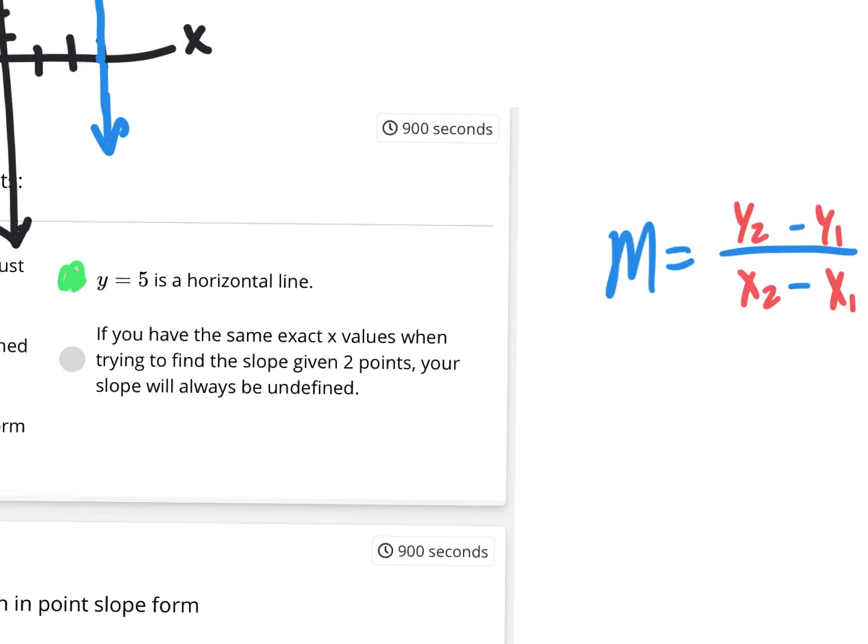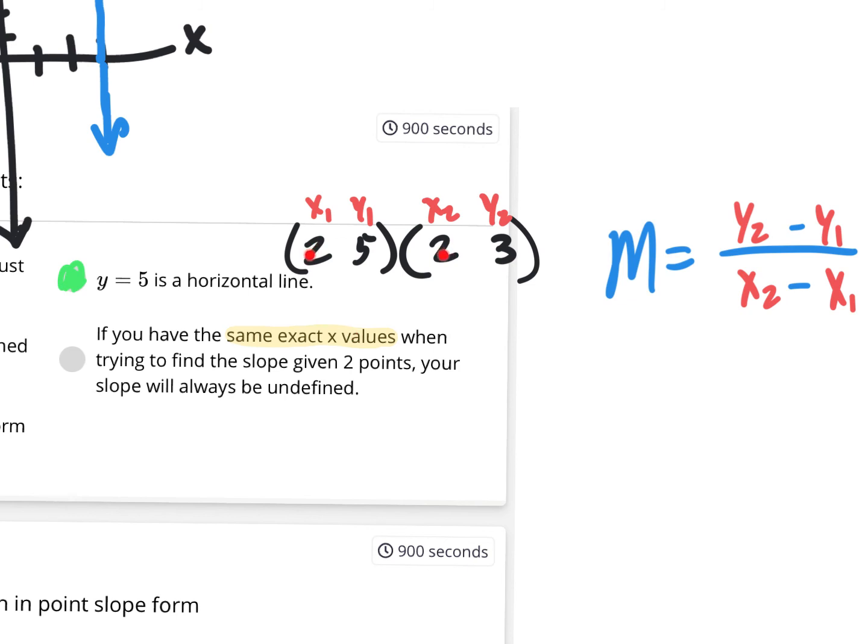And we have to think about coordinates, right? So you could make up your own 2 points that have the same exact x values. I mean, that's what they're saying, right? Right here they're saying if you have the same exact x values. Okay, so let's actually do 2 points with the same x values. So here are 2 coordinates, and let's make the x values be both the number 2. I don't know. And it doesn't matter what your y values are. You could put a 5 and a 3, whatever. It doesn't really matter. The only thing that matters is that the x values are exactly the same, the 2